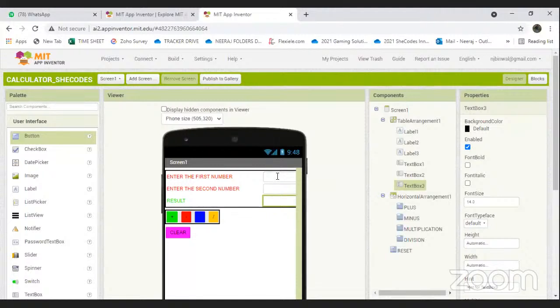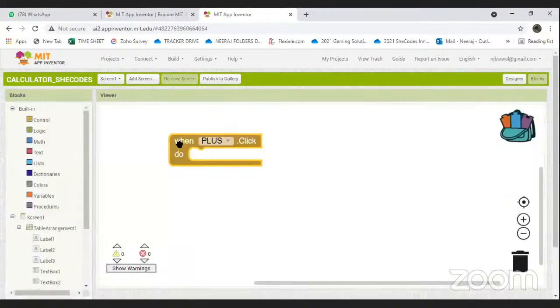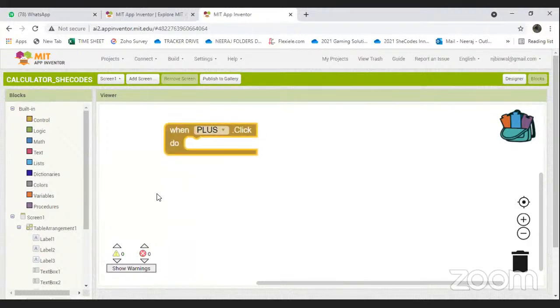Fine. Suppose you are entering your first text here, you are entering your second text here, and then when you click on the addition button, then the sum of text box 1 and text box 2, the addition result, will be here. So in the same way, what we have to do, whenever I click the plus button, then